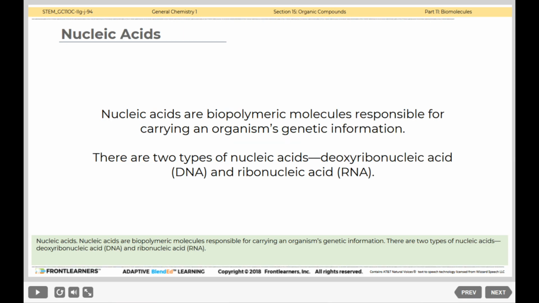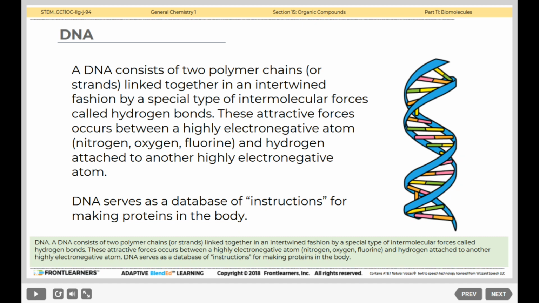Nucleic acids. Nucleic acids are biopolymeric molecules responsible for carrying an organism's genetic information. There are 2 types of nucleic acids: deoxyribonucleic acid or DNA and ribonucleic acid or RNA. DNA. A DNA consists of 2 polymer chains or strands